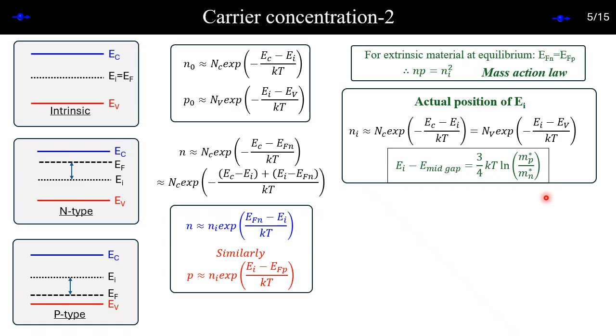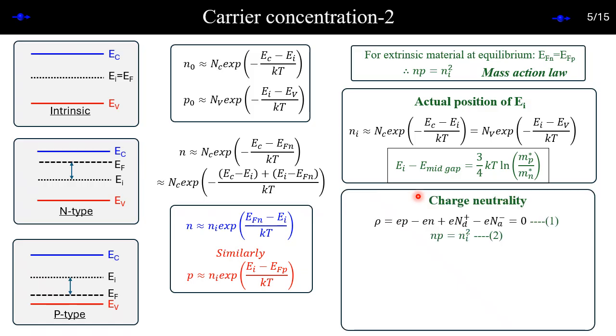Okay, so now let's move on. We need to write the charge neutrality equation. Every time we dope, we ask this question: what is the total charge inside the system? I'm saying total charge. No matter whether you dope or you don't dope, the overall system is neutral, right?